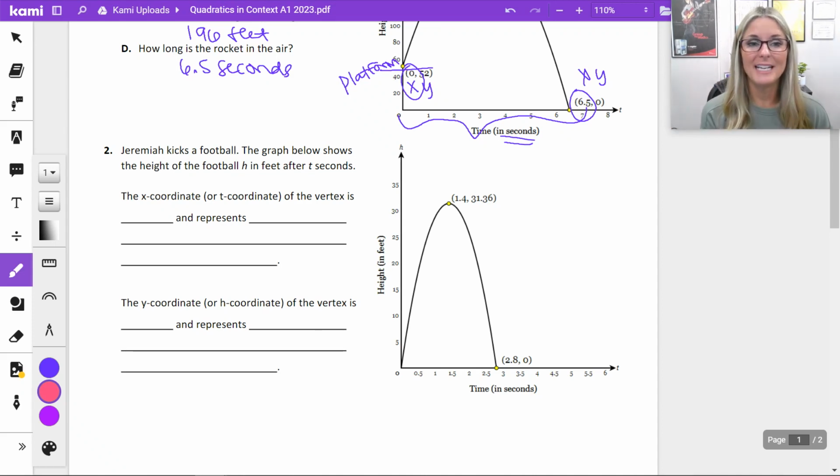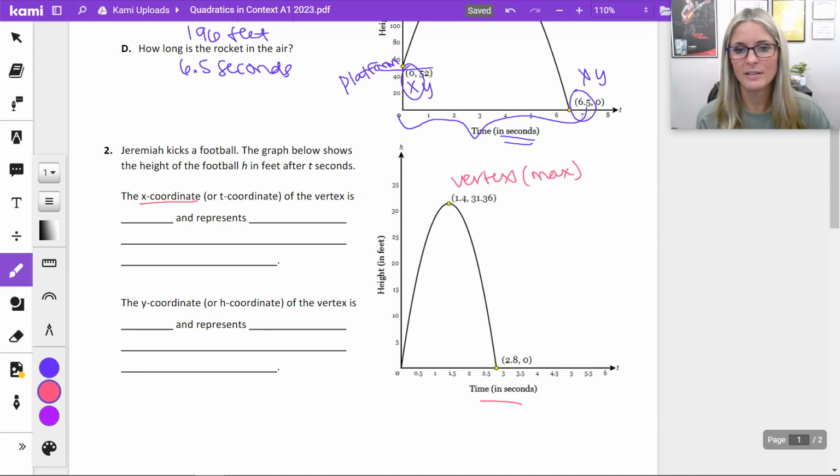For number 2, Jeremiah kicks a football. The graph shows the height of the football, h in feet, after t seconds. On Delta Math, you have some drop-down lists here, but we're going to talk about the x-coordinate and y-coordinate of our vertex and what they represent in this context. So the first part, the x-coordinate or t-coordinate in this case, because we're still talking about time in seconds, of the vertex is, what is that value? Again, we're looking here at this vertex or this maximum point. This would be our x and our y. So the x coordinate of our vertex is 1.4, and it represents how long